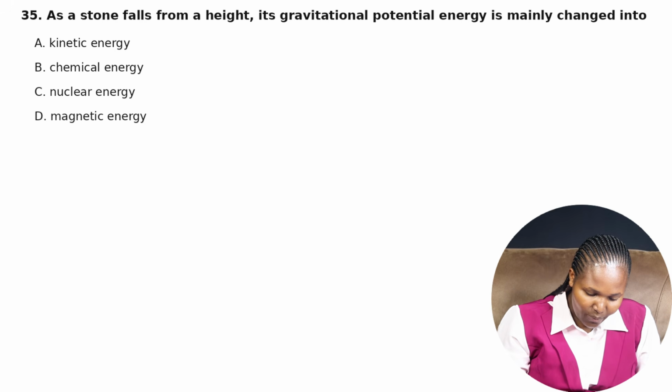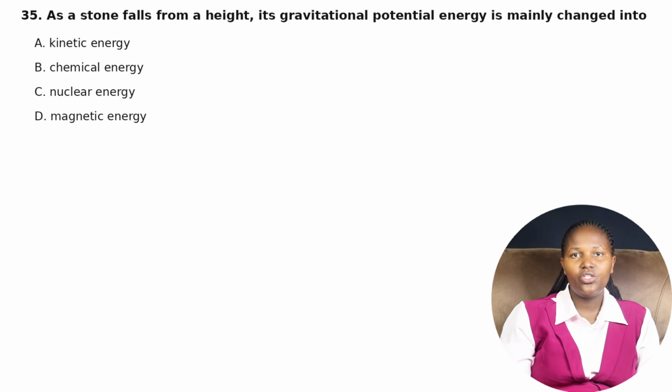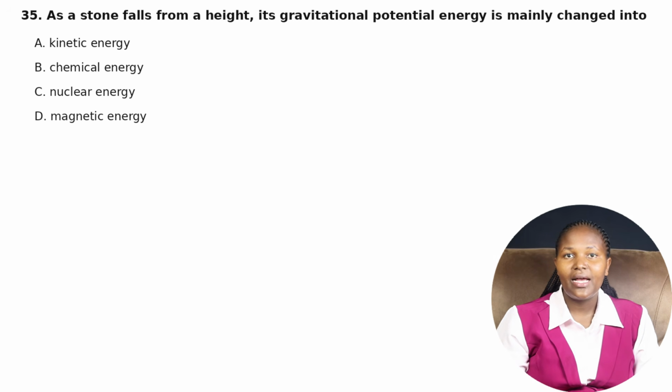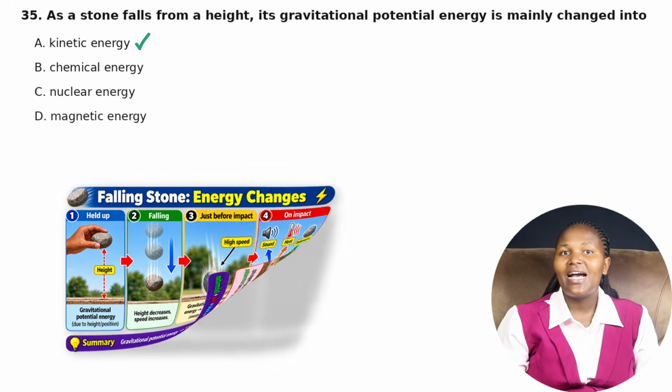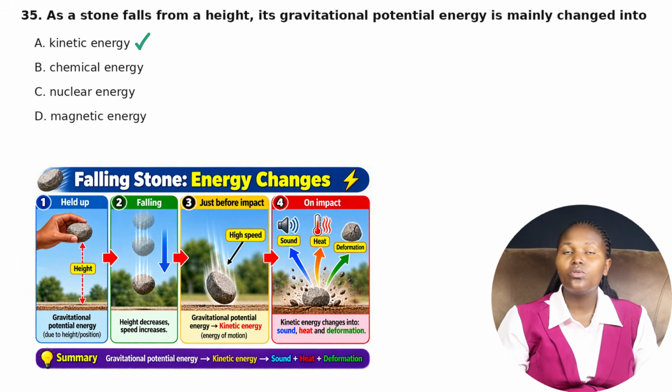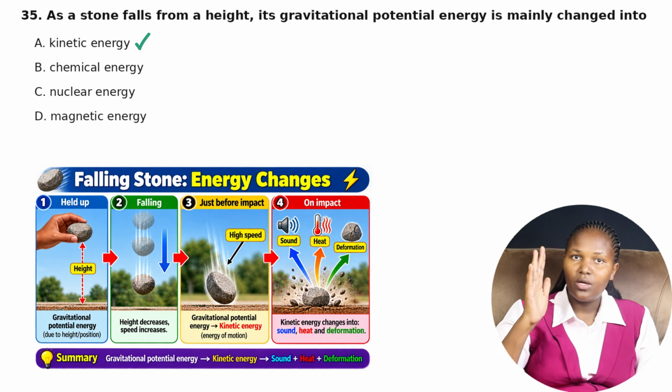A stone falls from a height. Its gravitational potential energy is mainly changed into, A, kinetic energy, B, chemical energy, C, nuclear energy, and D, magnetic energy. The correct answer there is A, kinetic energy, because a stone held above the ground has gravitational potential energy because of its position. It is high up, so it has gravitational energy,